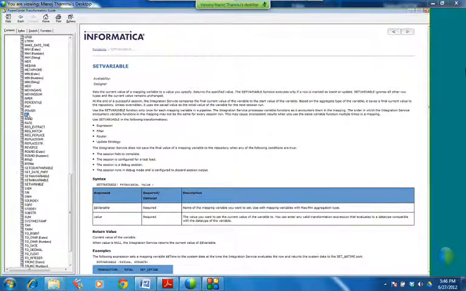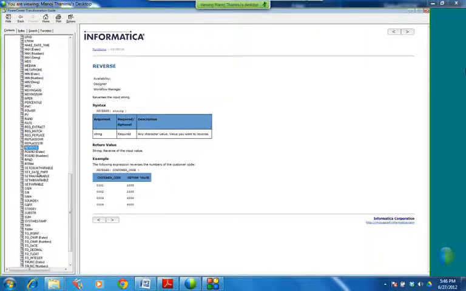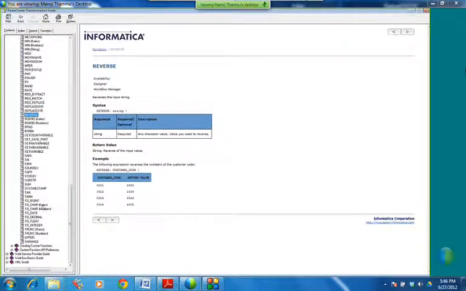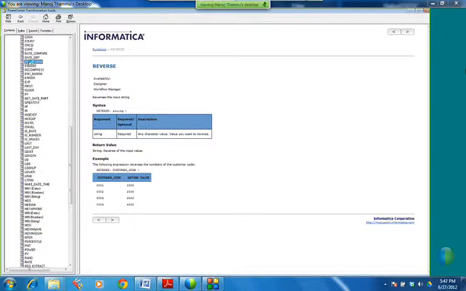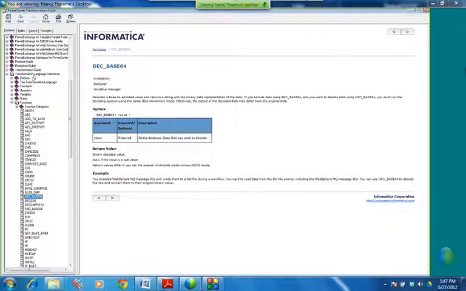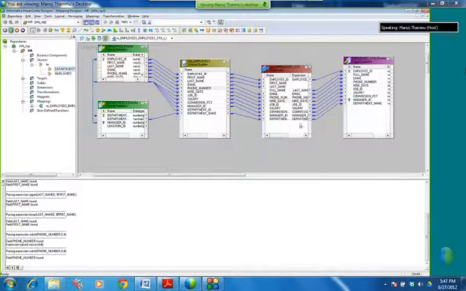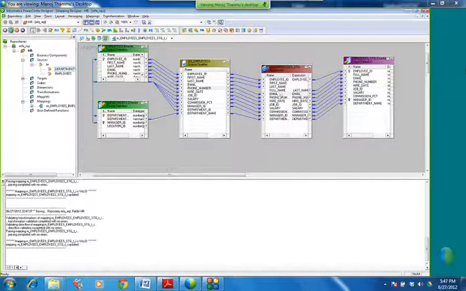So this is what usually we do. Most of the functions even I don't know. But when I work on real time, if I get that kind of scenario, I'll go and search the functions and read them. Transformation language. So these all things can be implemented with the help of expression transformation. Understood?